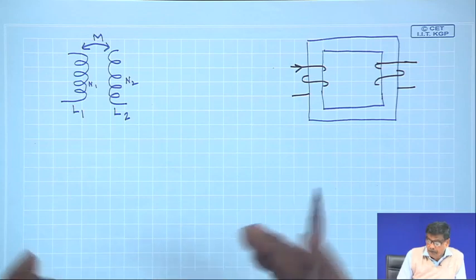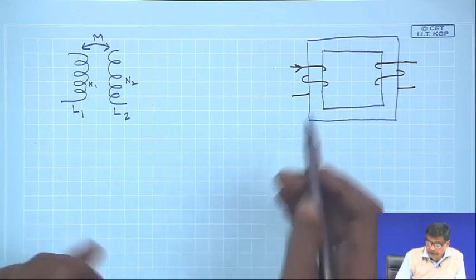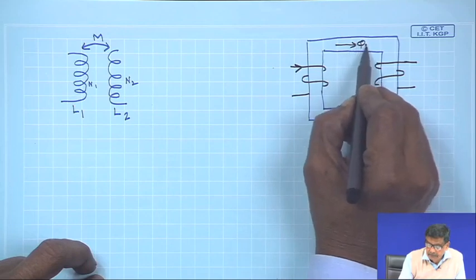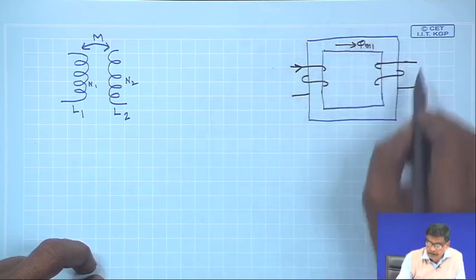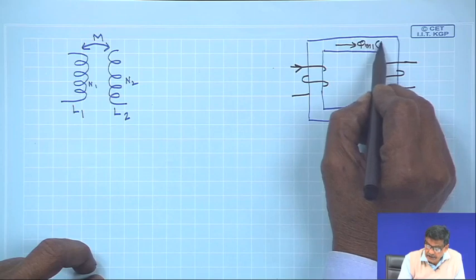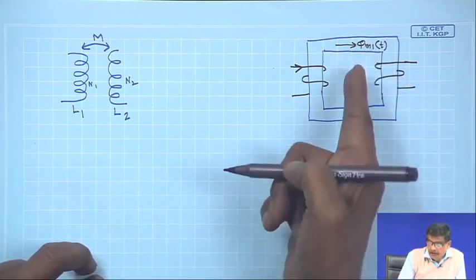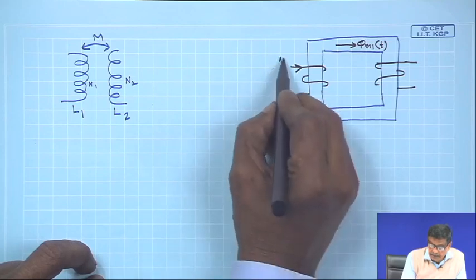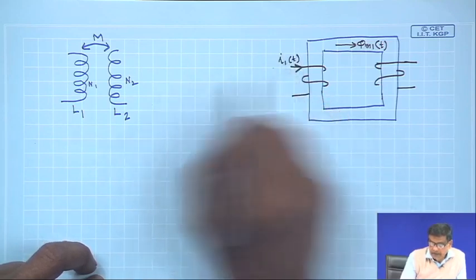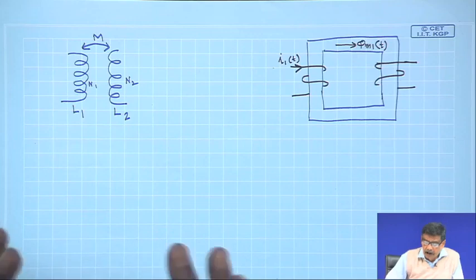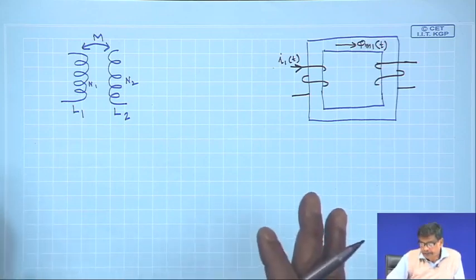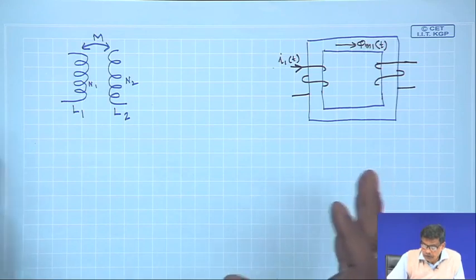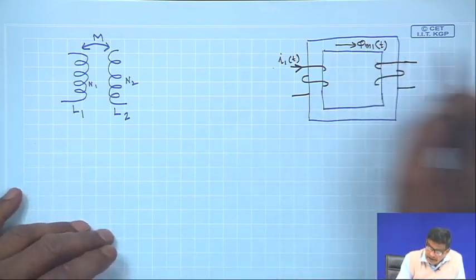So, therefore, this mutual flux which is created by coil 1 must be a function of time. How can it be a function of time? Provided your I1 is also a function of time. So, if I1 changes with time, phi M12 will change with time,